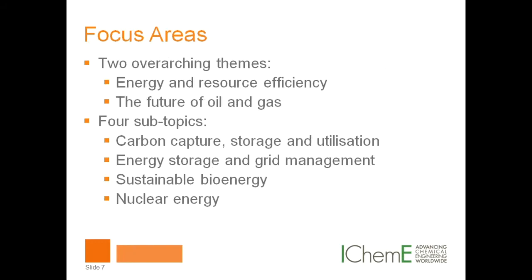The focus areas came out of surveys that we have completed with the IChemE membership, and over the last 3 years we've been really looking at how we focus on our activities, and we've come up with 2 overarching themes that we're now focusing on: the energy and resource efficiency aspects, and we are chemical engineers, so it's very important for us to think about the future of oil and gas, and that actually has been one of our most popular themes in terms of the number of workshops that we've held all over the world, and the different kind of views that we've been getting from the membership about what the future of oil and gas may look like,